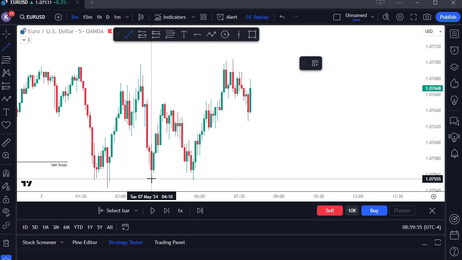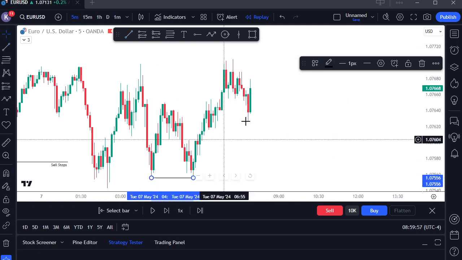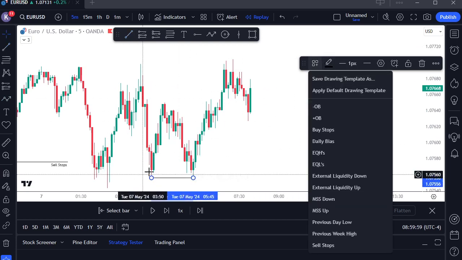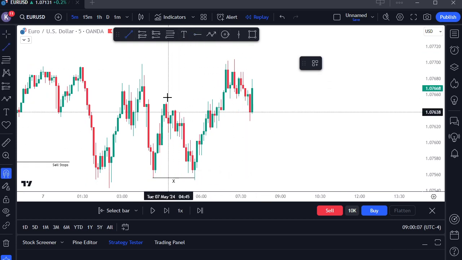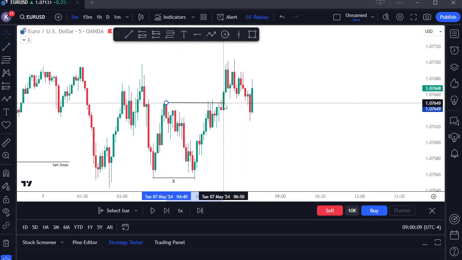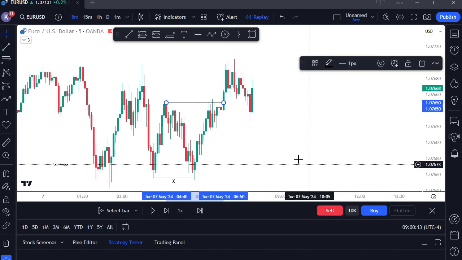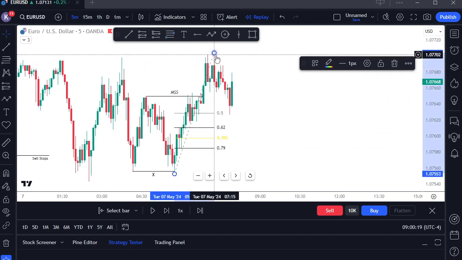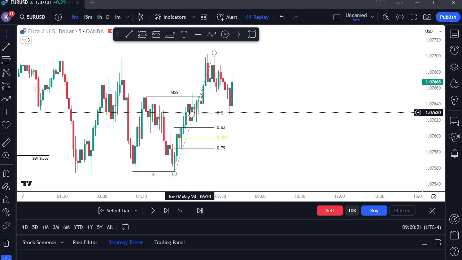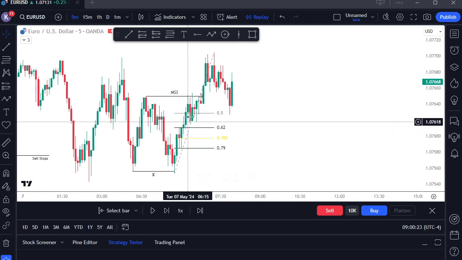So a big piece of this pattern that I traded is this liquidity sweep before the impulsive market structure shift going upwards, and I drag my Fibonacci from bottom to top, and then I look for something here, right